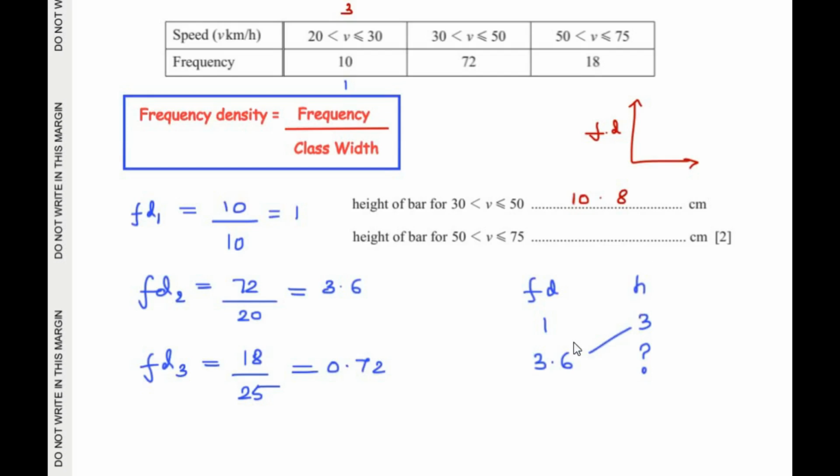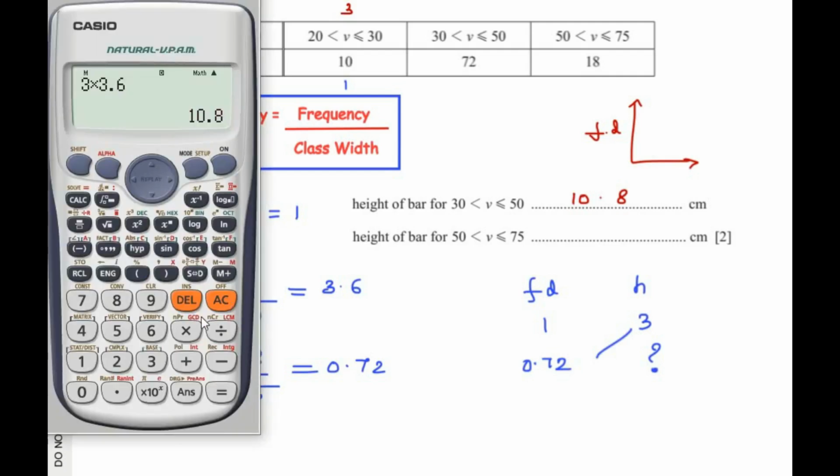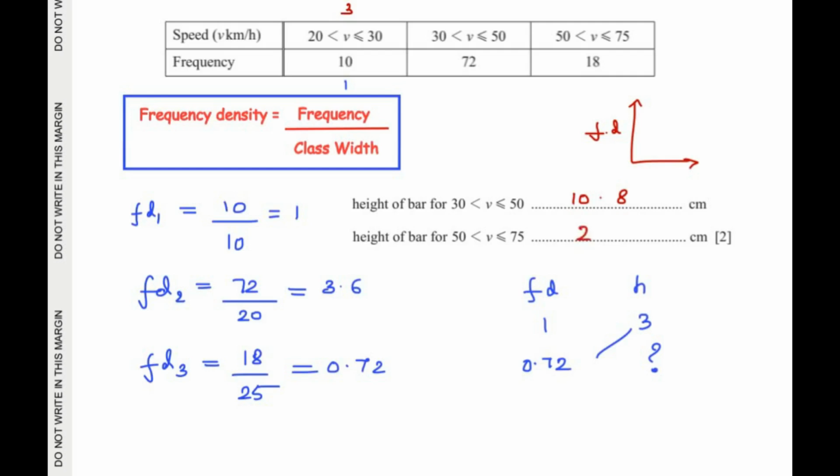Now using the same relationship, let us try to find out the height of the third class interval. So here let us remove this and we are going to write the frequency density we have got for the third one is 0.72. So for 0.72, what is the height? So again we are going to multiply these two. So let us see 0.72 times 3. So this will give us 2.16. So this is the height of the third class interval,